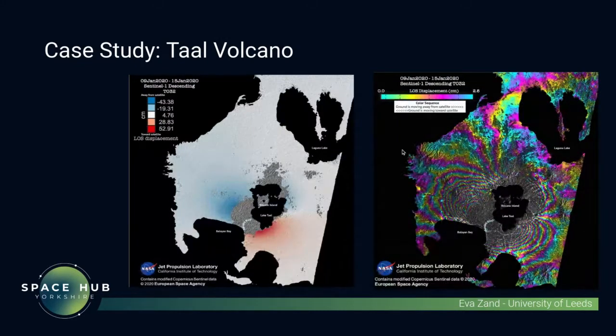Exactly. And now I have an example for you. So that's Taal volcano. This volcano erupted in 2020, so last year, and it has so many of those fringes, as they're called. I'd love to go through it with you now and count all the fringes, but they're getting really tight the closer you get to this volcanic lake and the actual volcanic island. So I've included this image too, where they calculate the whole displacement. And here you can see this area around the volcano uplifted for 52 or actually 53 centimeters,